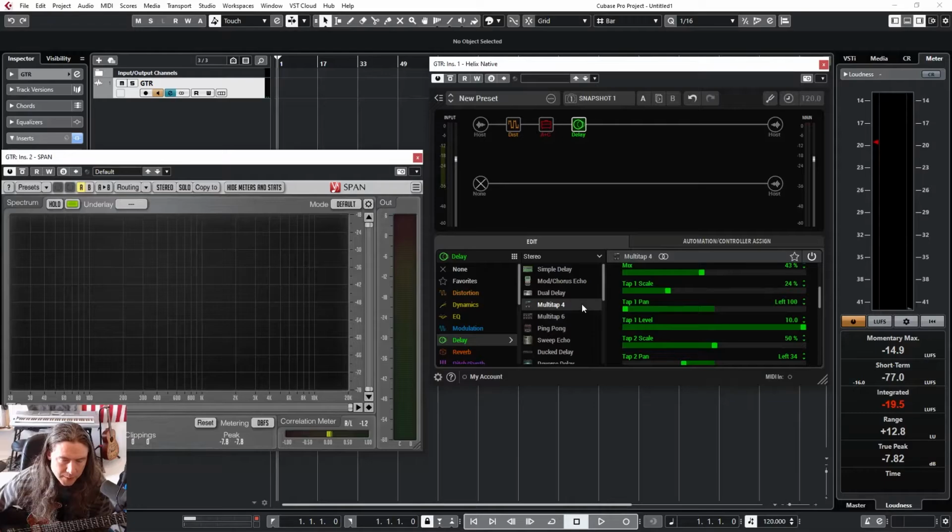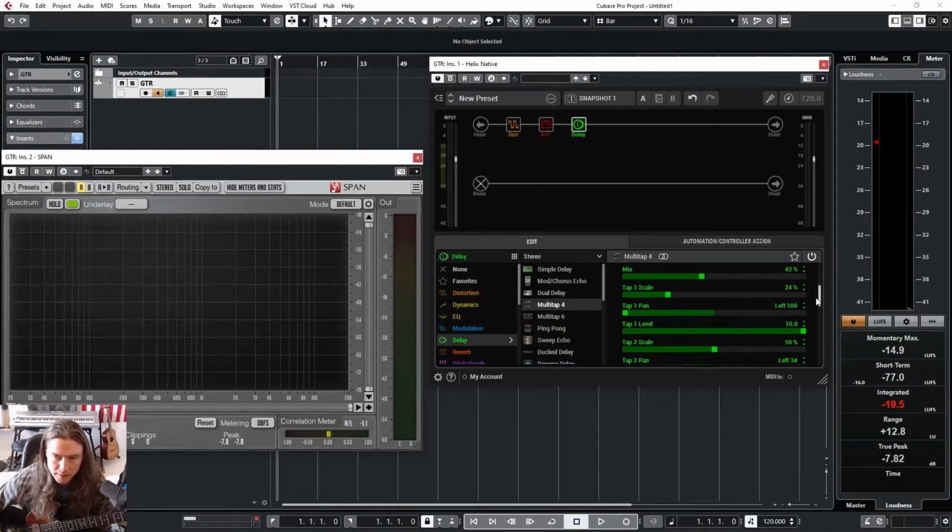There's also a Multitap 6 right here. So this is splitting up into 4 different signals compared to the other delay pedals that we were looking at. They were doing just a straight stereo left-right, so splitting it up basically into 2 channels. So this is going to split it up into 4 channels, and you're going to have controls based on each of the individual